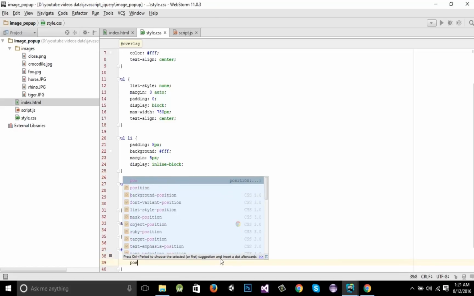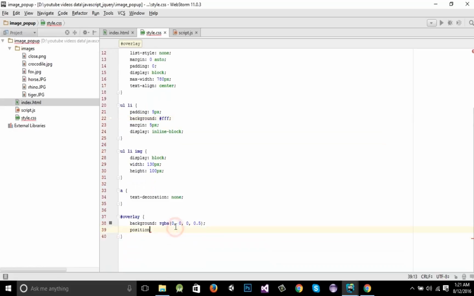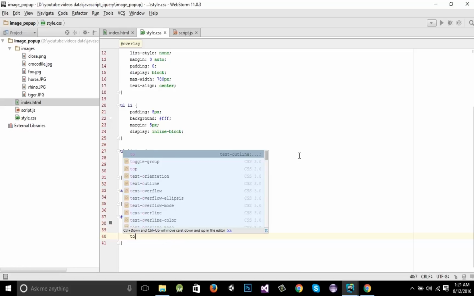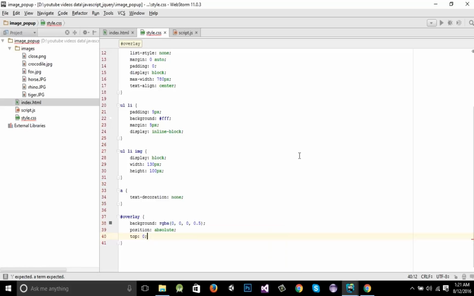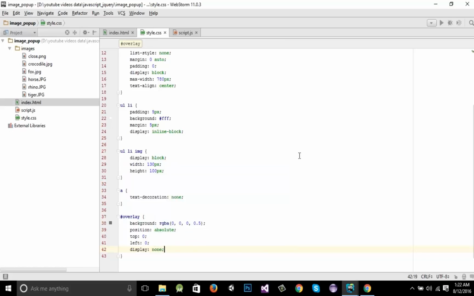Now we need to set its position. That has to be absolute, and top has to be 0, left has to be 0, display none,